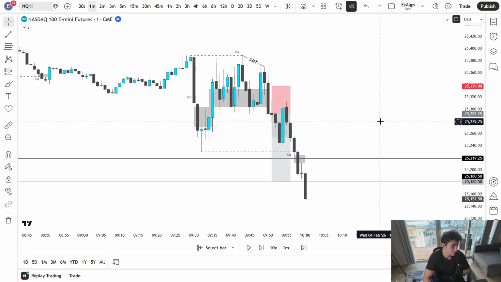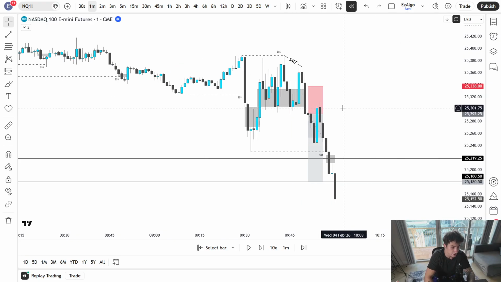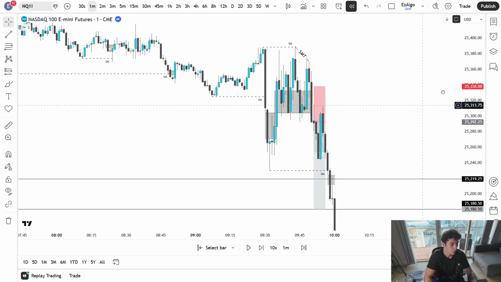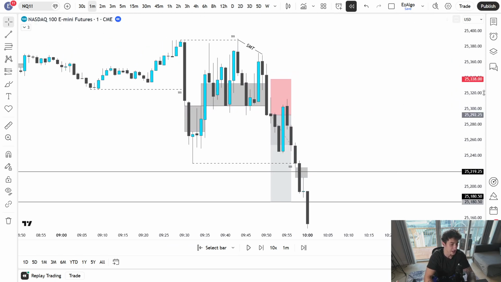Again, I would say this is probably the only true A+ setup that we've gotten this week so far. This was a continuation trade. Now, we were not delivering from any higher time frame fair value gap in this trade, which is fine, okay? I don't always need high time frame delivery.